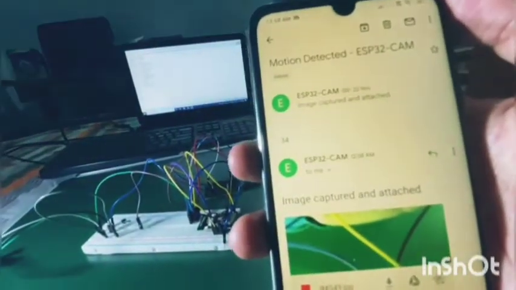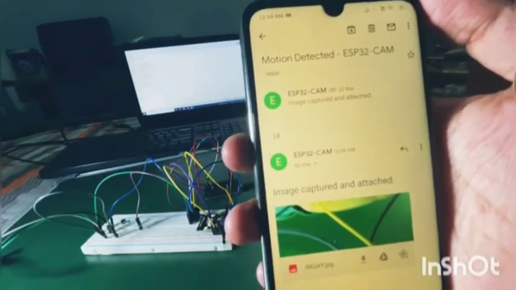Now I am going to show you that if any motion is detected, it will take a picture. It will be helpful at borders and for security purposes, where if any motion is detected, we will get the information. Here you can see it has entered sleep mode. Now it will wake up once any motion is triggered and an interrupt is received. It can save the lives of many army men who watch over their borders. It can be implemented there.